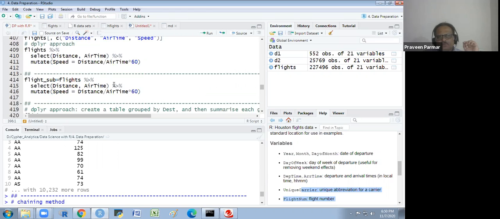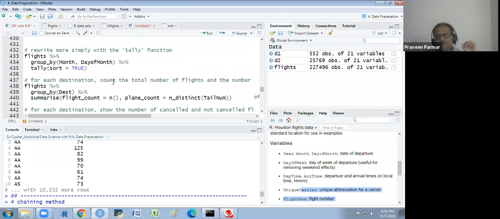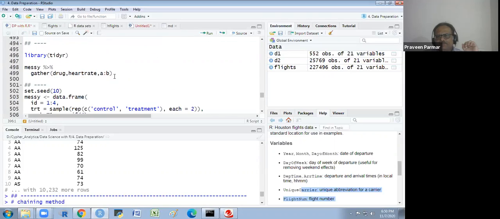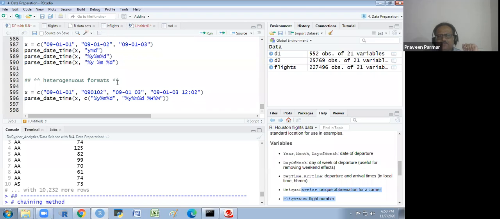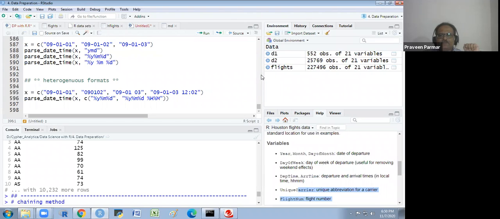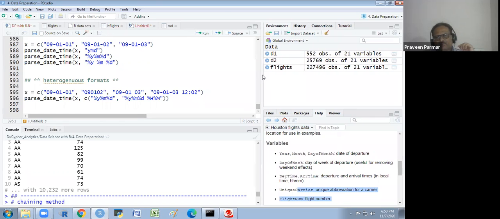Later on we will see tomorrow. There are so many other things, group by, summarize, and tomorrow this chapter will finish. Okay. There is a date and everything is there. So we have to see tomorrow we finish it. And then we start tomorrow, not tomorrow is Sunday, Monday we will finish it. And then we start the inferential analysis. Okay. So Monday it will finish. And from Tuesday we start that.